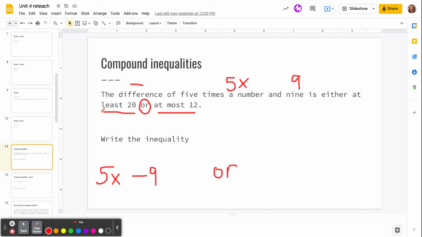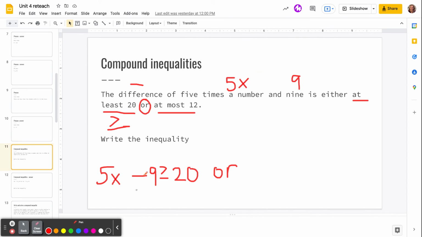Now here's the key phrase, is either at least. It's weird because least means like less than, but when you put this at in front of it, it actually means greater than or equal to. So at least means greater than or equal to, and then whatever the number is. So this is at least 20,